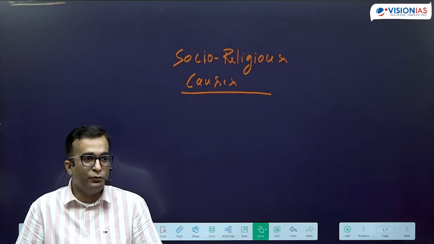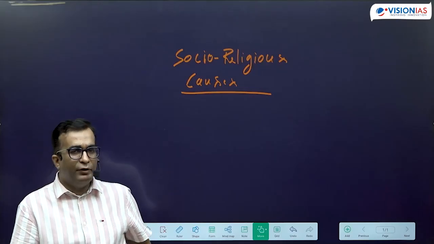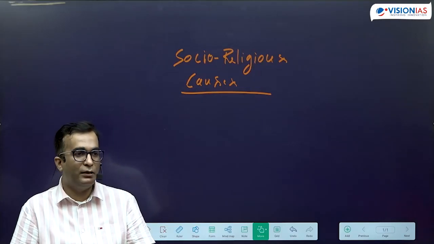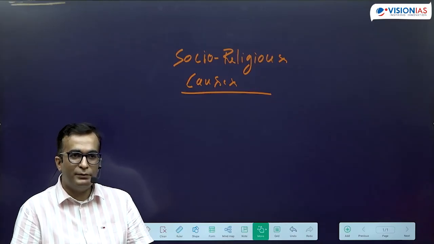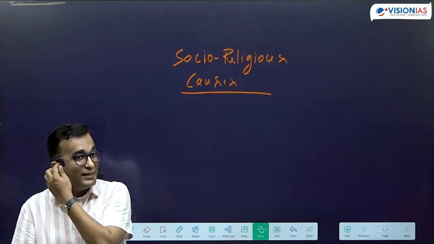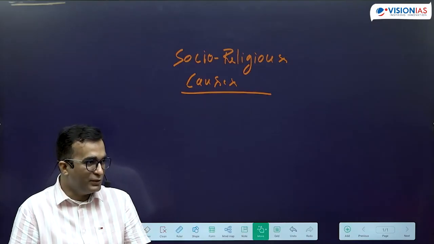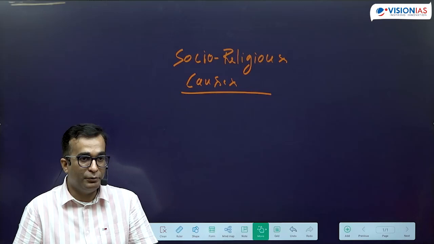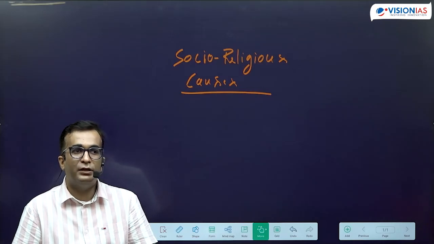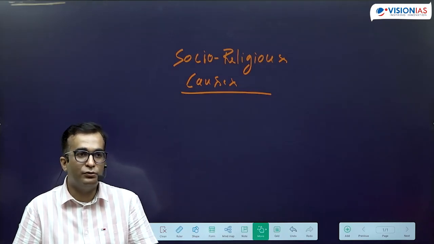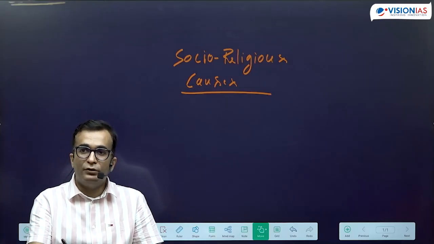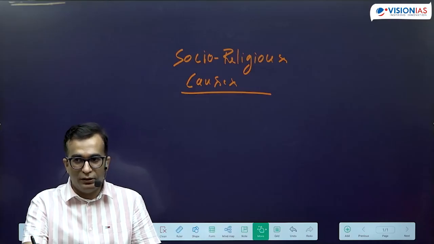Now understand, when we talk about British policy, particularly from 1800 onwards, this policy included not only the annexation of Indian states, the establishment of British paramountcy in India, and Indian states becoming subordinate to the British power, but at the same time they also wanted to intervene in the social affairs of India. So right from the beginning, they wanted some degree of social reform in Indian society.